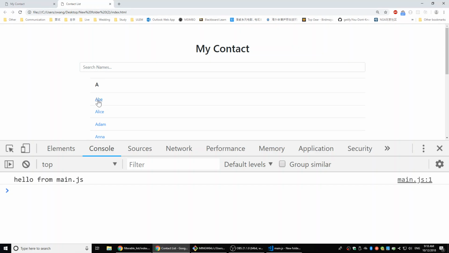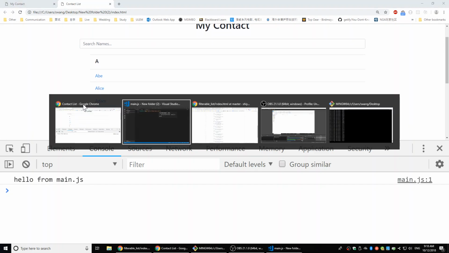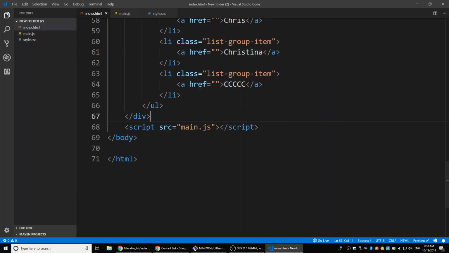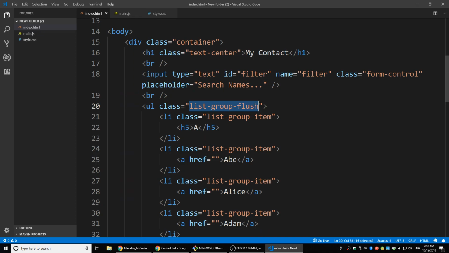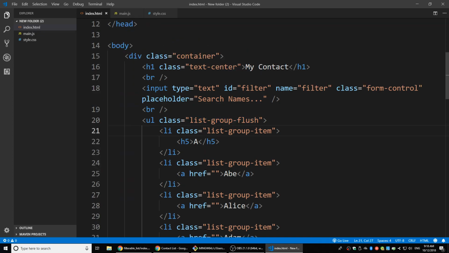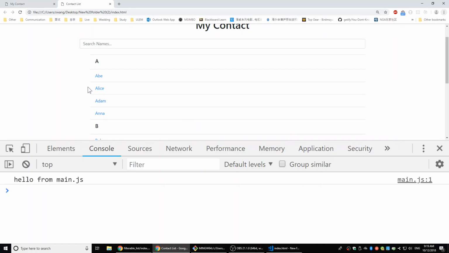Is the horizontal line coming from this group item? I'm sorry? The horizontal line. The horizontal line, it comes from the Bootstrap. It's the class called list-group-item. Right, it comes from this class. Okay, it comes from the Bootstrap. How do you get the ABCD line,